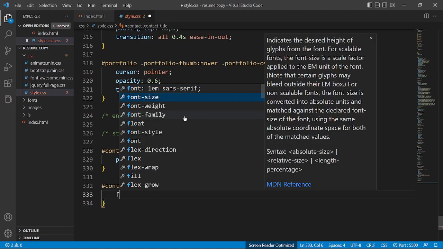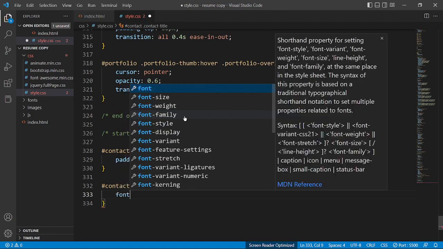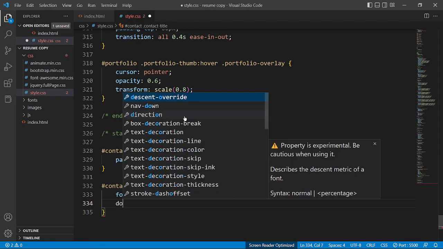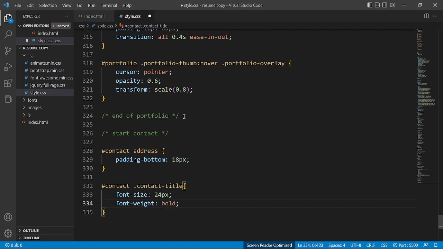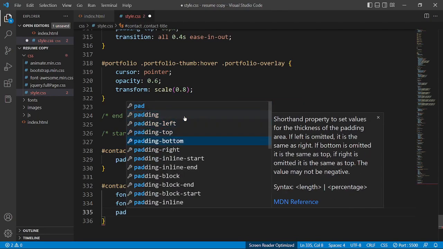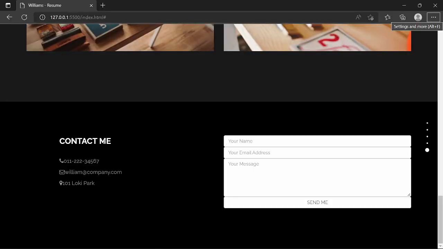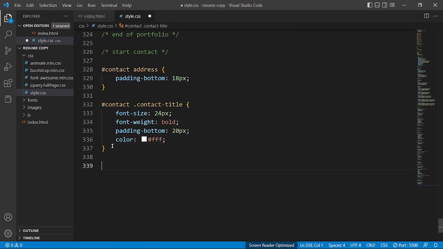give a font size of the 24 pixel. Font weight would be bold, and we'll add just a padding bottom. Okay, that would be 20 pixel, and then add a color that would be white. So yeah, and then now we'll just work for the icons. Okay,